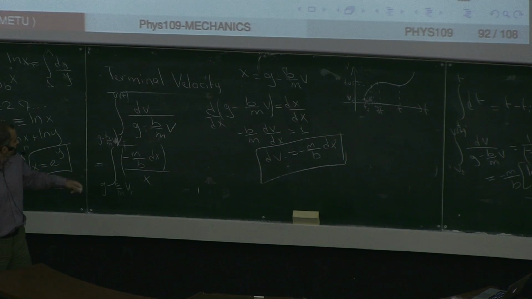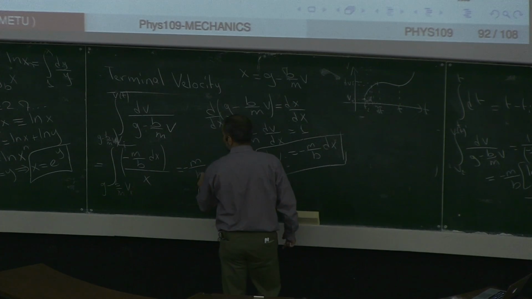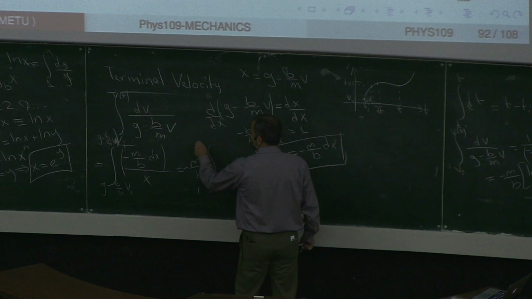This is how x will change. Or this is equal to minus m over b integral from g minus b over m ve to g minus b over m vt